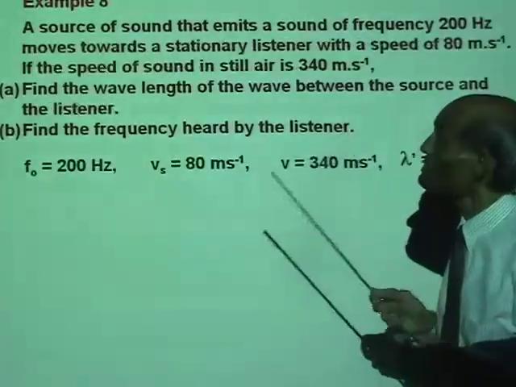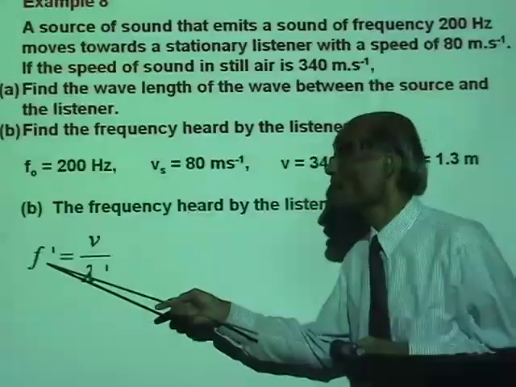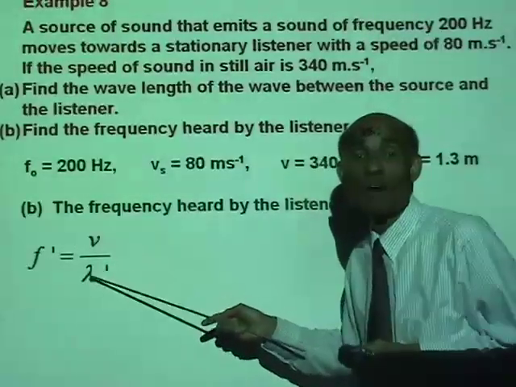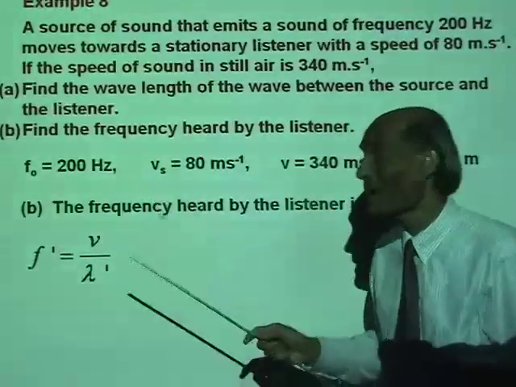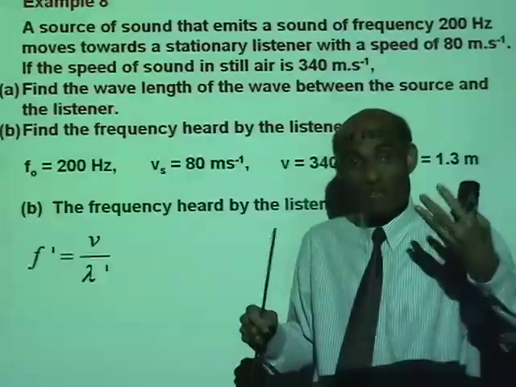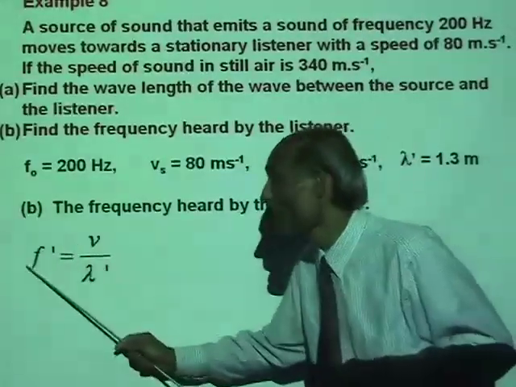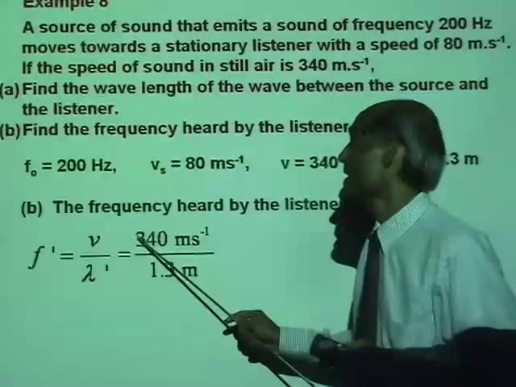Well, it's now simple. The frequency heard by the listener is f prime equal to v over lambda prime. We don't need to use any of the other formula. Why? Because we have calculated the lambda prime. Because we have lambda prime, we can find f prime equal to v over lambda prime. That is